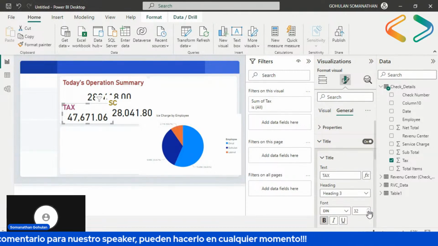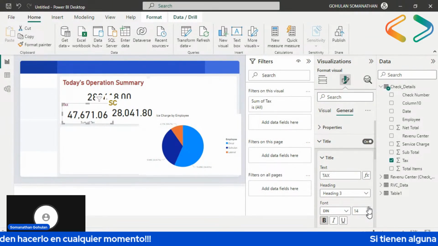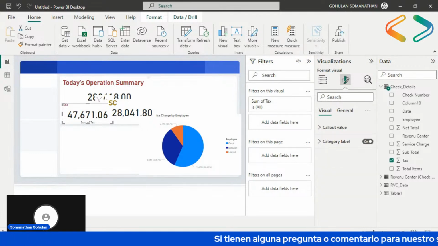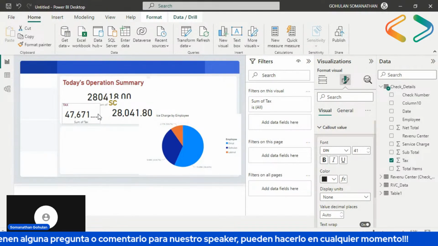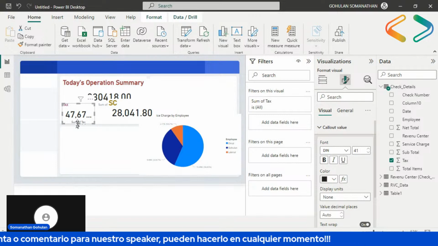So I'm going to the tags. I'm going to reduce the amount of tags, and to visualize the callout value, I'm going to take this much. This is the tags.